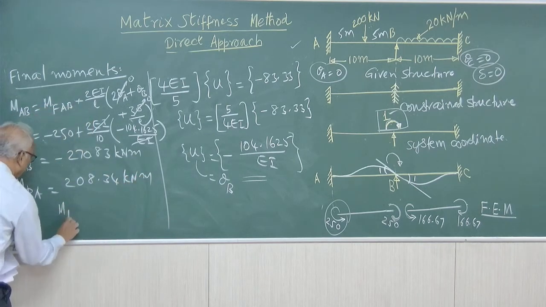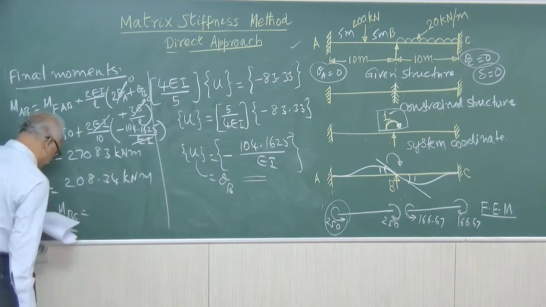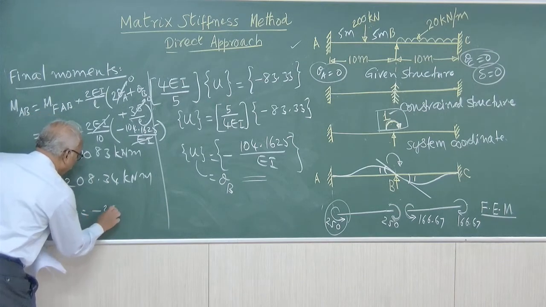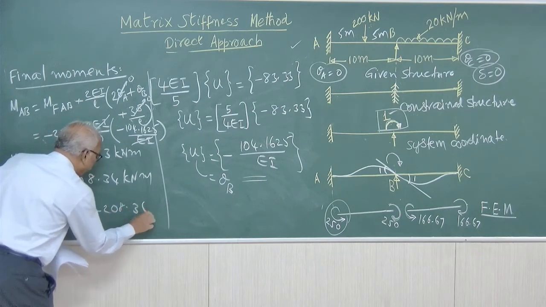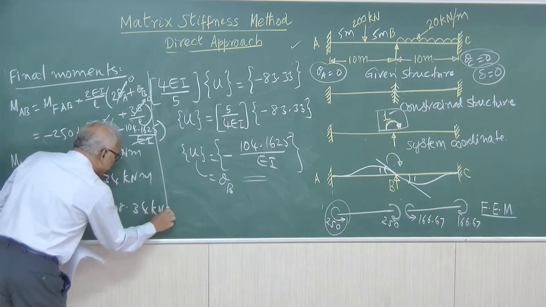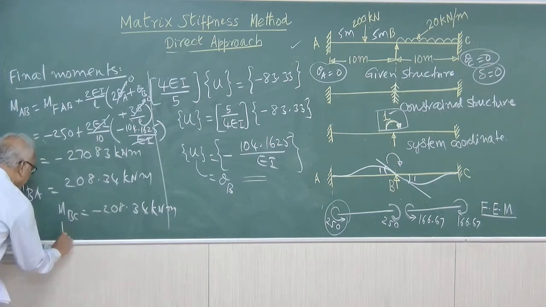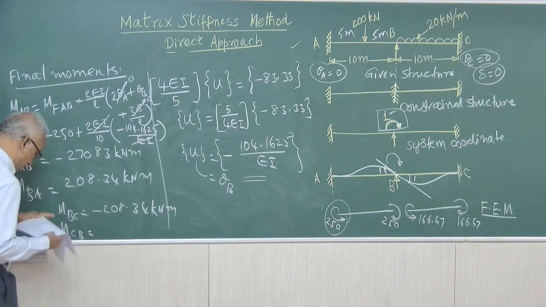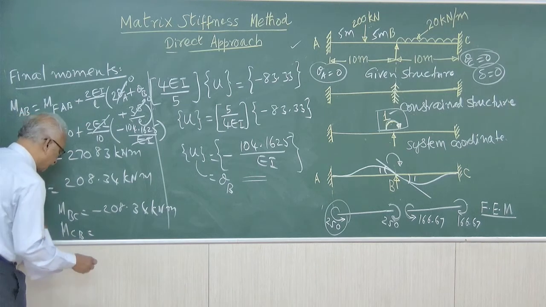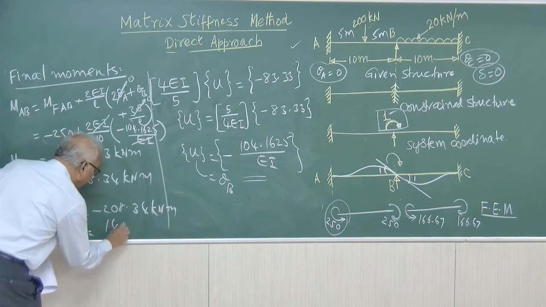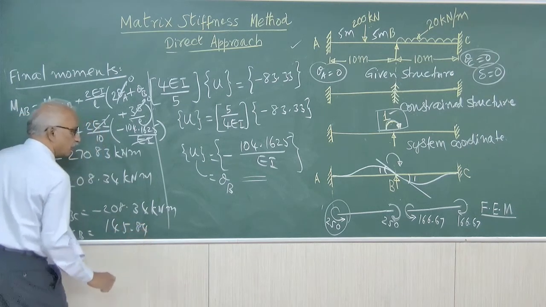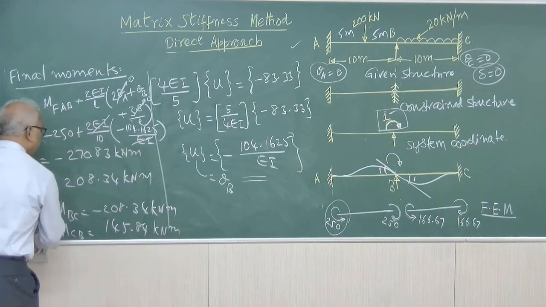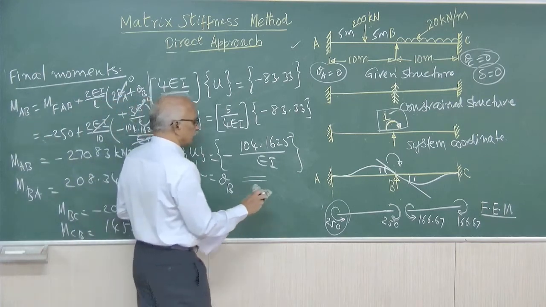MBC equal to minus 208.34 and MCB equal to 145.84 kilonewton meter. Therefore,